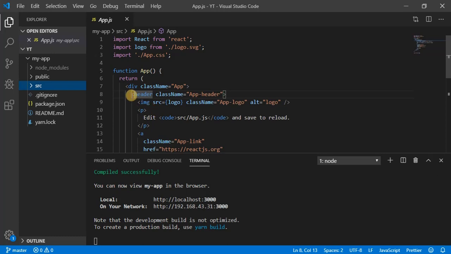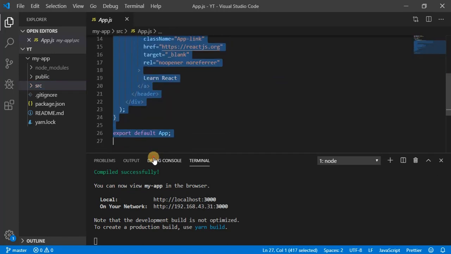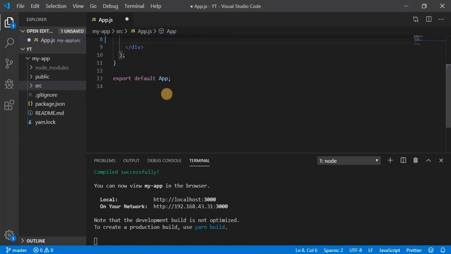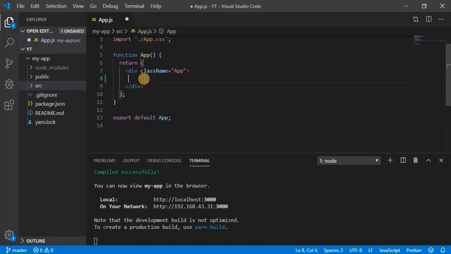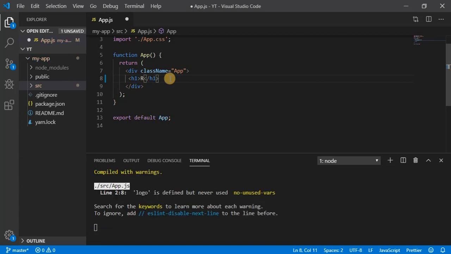So let's make some changes. Remove this header, okay, remove this line and make it here h1 React app. So React app, save it and let's see the changes.